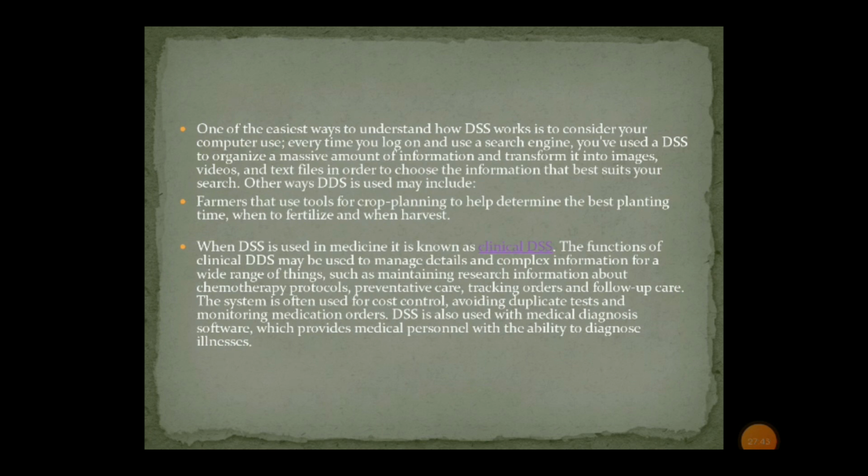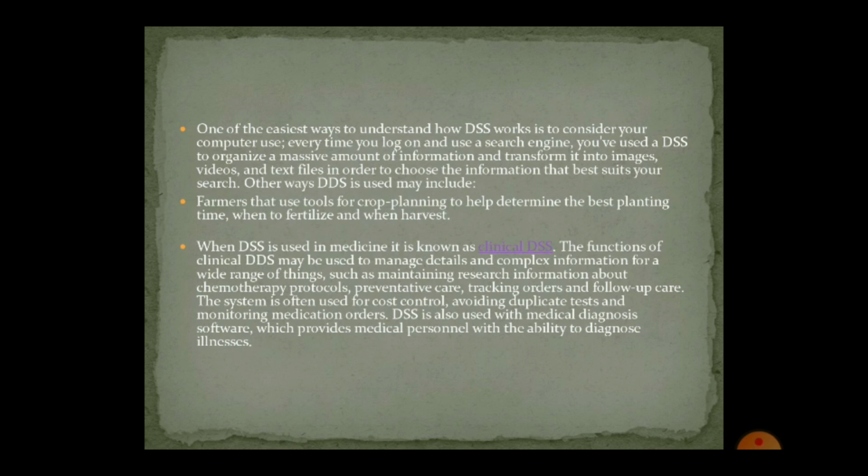One of the easiest ways to understand how DSS works is to consider your computer use. Every time you log on and use a search engine, you have used a DSS to organize a massive amount of information and transform it into image, video, and text files in order to choose the information that best suits your search. Other ways DSS is used may include